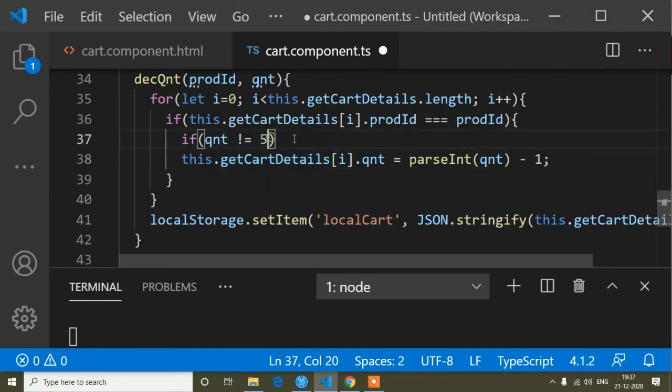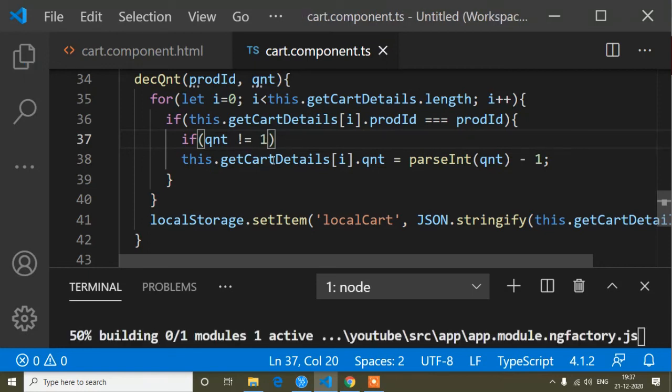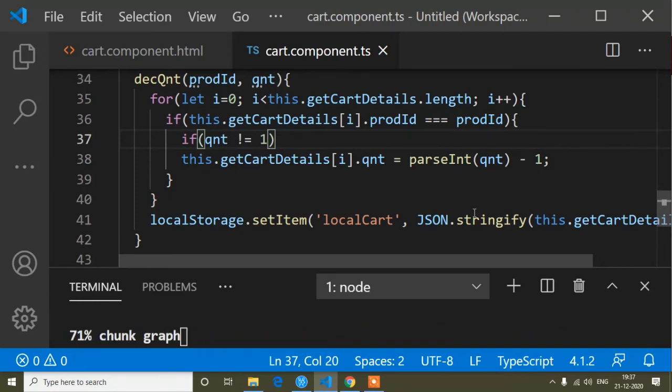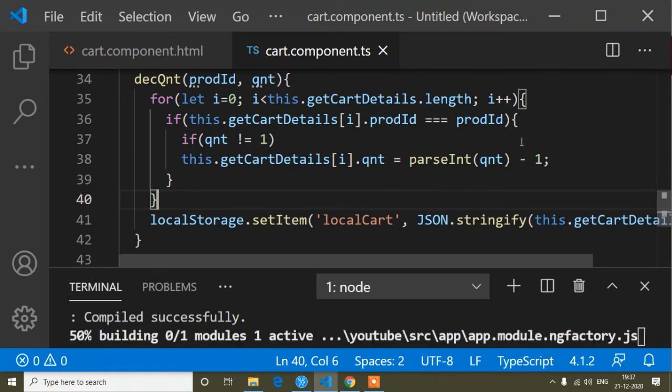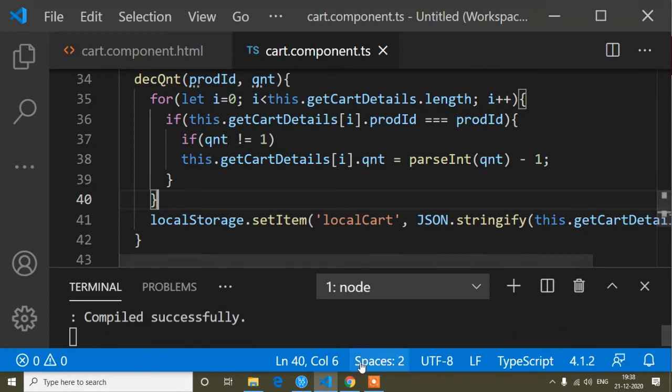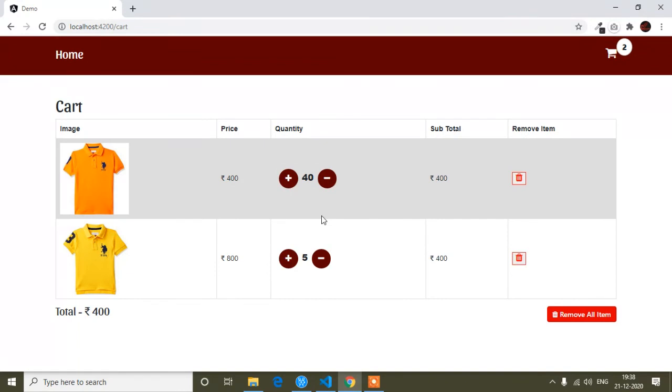So here, not equal to 1, so when the quantity is not 1, then it will be minus. So I will save it once, and it compiled successfully. So I will refresh it.